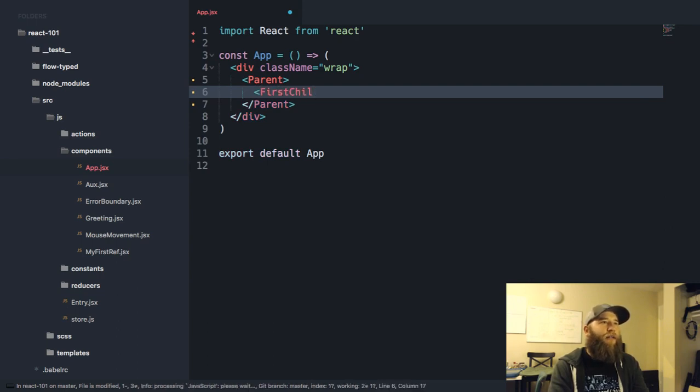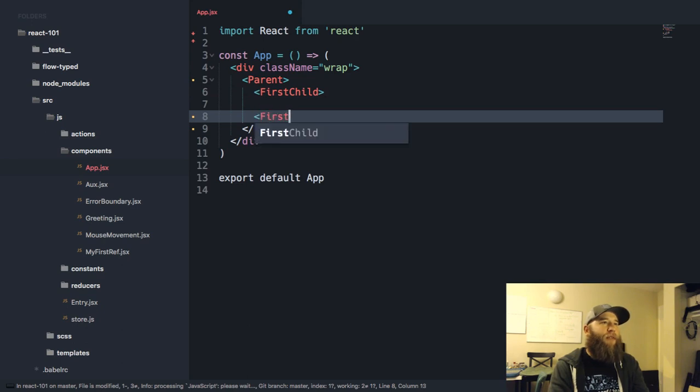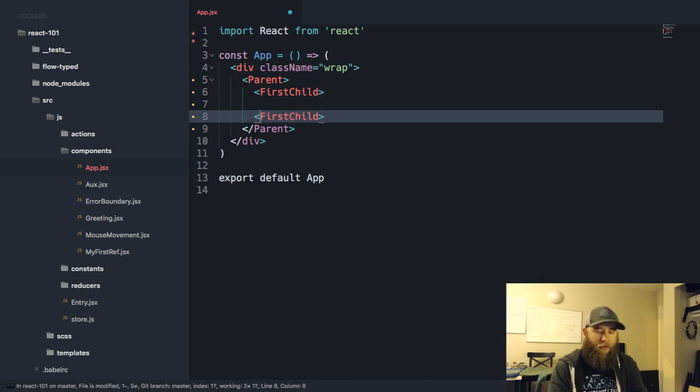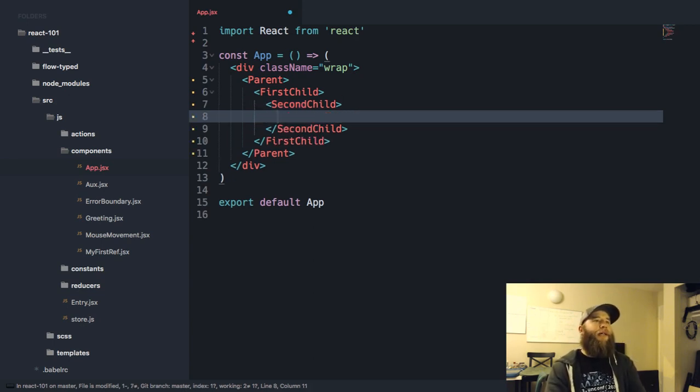First child, and I just want to get some deeply nested children going on. Then we'll do second child. This is bad, but we'll make it work. It'll be okay. And then hi.